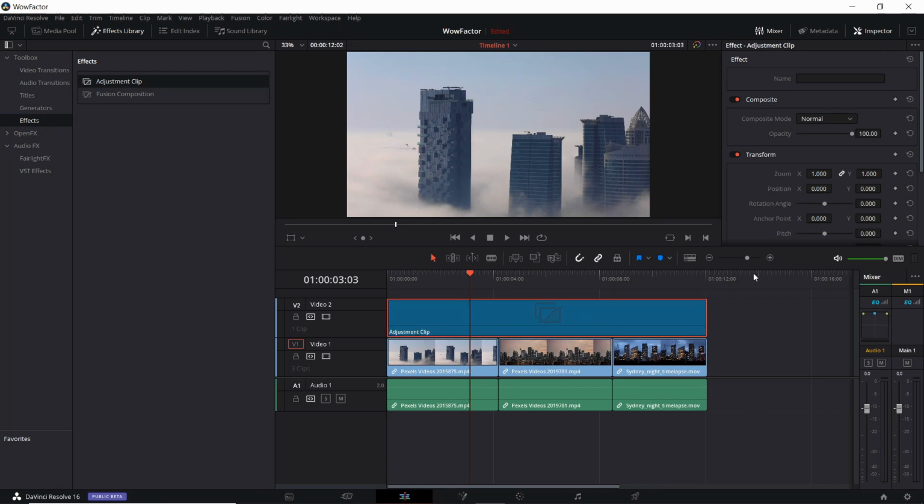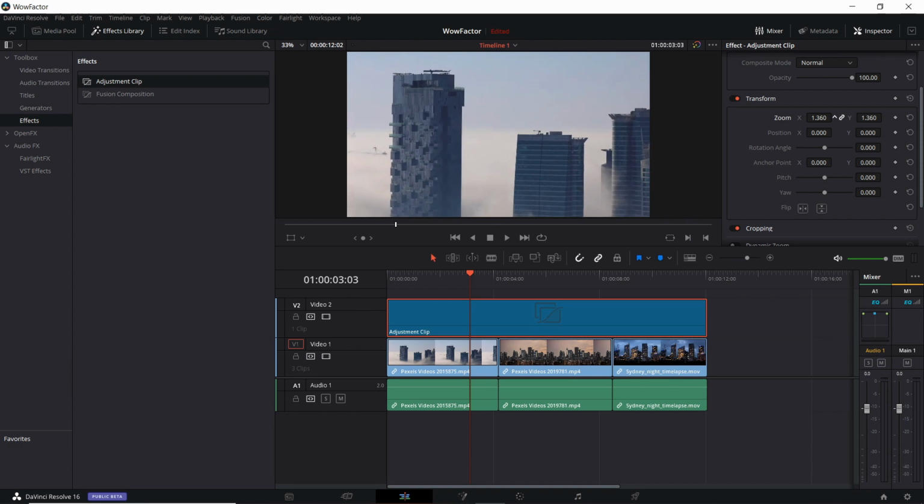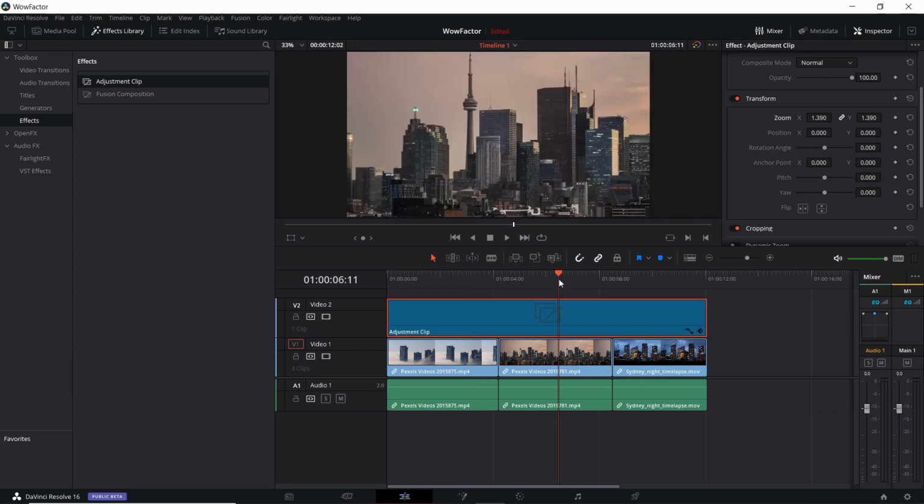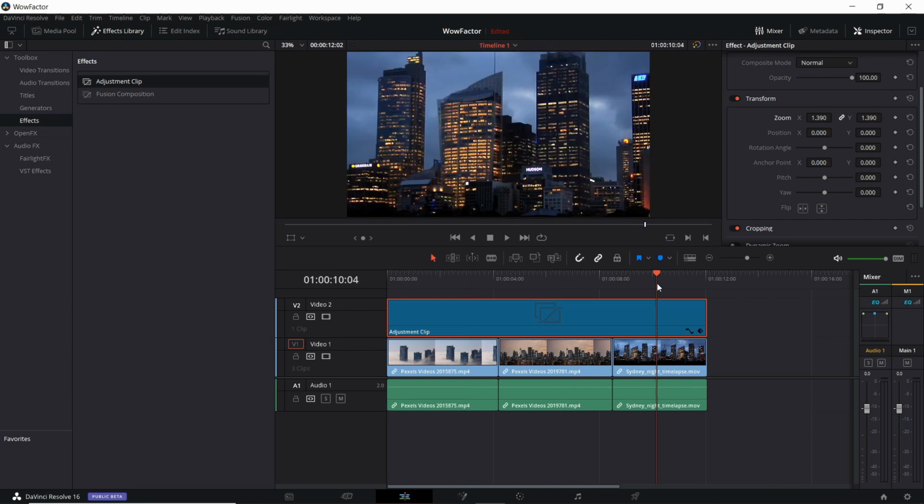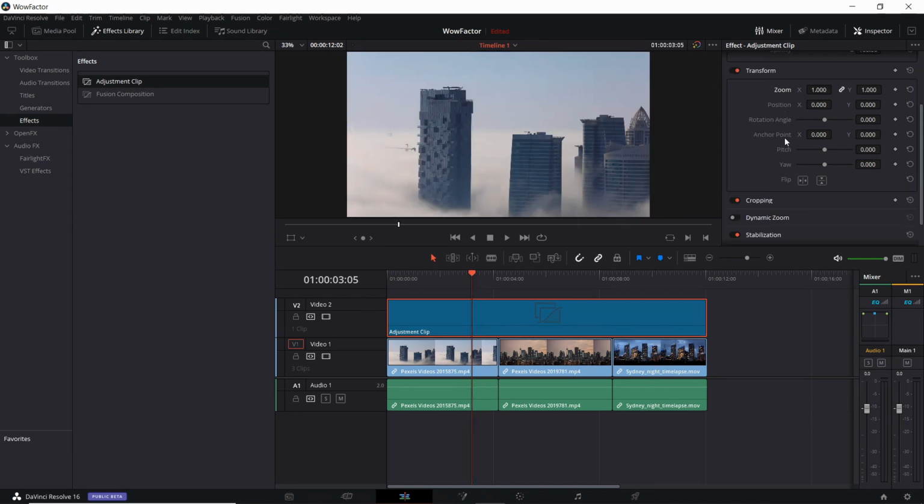So with the adjustment clip, you're able to edit settings in the inspector pretty much in the same way you would with a normal clip. So if you wanted to, say, zoom in all of your clips at the same time, you could do that by increasing the zoom. And now if we go to the second clip, you can see that it's zoomed in, and the third clip as well. So any property that you can modify in the adjustment clip is going to apply to all of the underlying